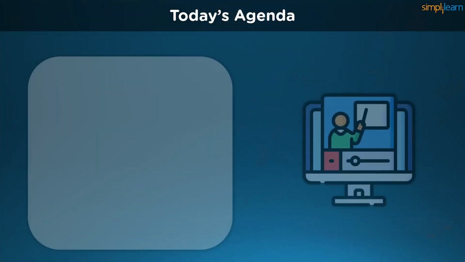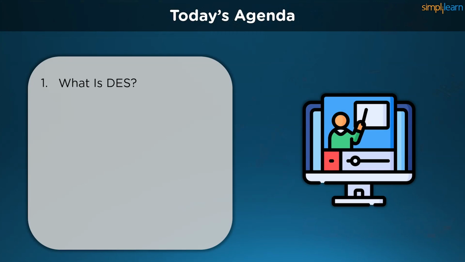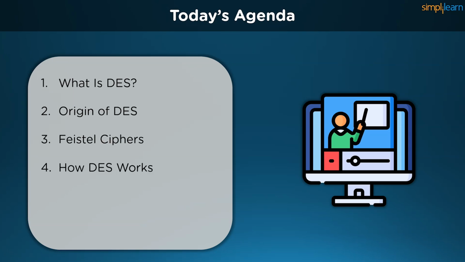Let's take a look at the topics we need to cover in this video. We first take a look at what the Data Encryption Standard is. We learn a little bit about its original purpose and its inception. We move on to Feistel ciphers, which is the heart of the DES algorithm. Post Feistel ciphers, we implement its structure in the Data Encryption Standard and follow its top-to-bottom approach. And finally, we look at the future prospects of the Data Encryption Standard, followed by a live example of what we can do to further strengthen data encryption algorithms.